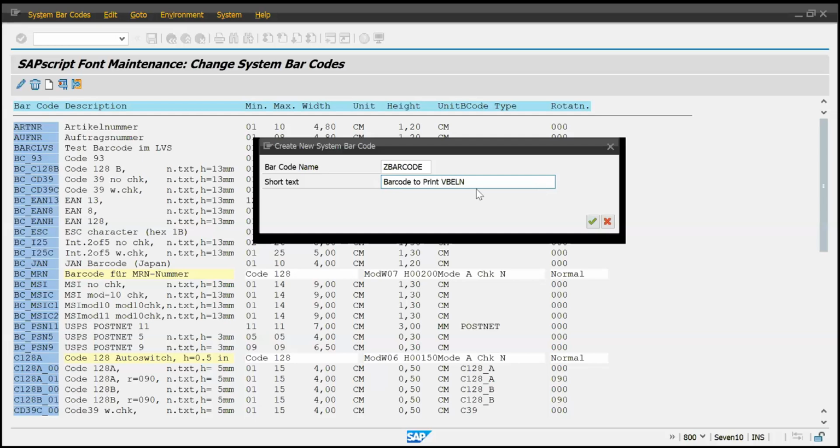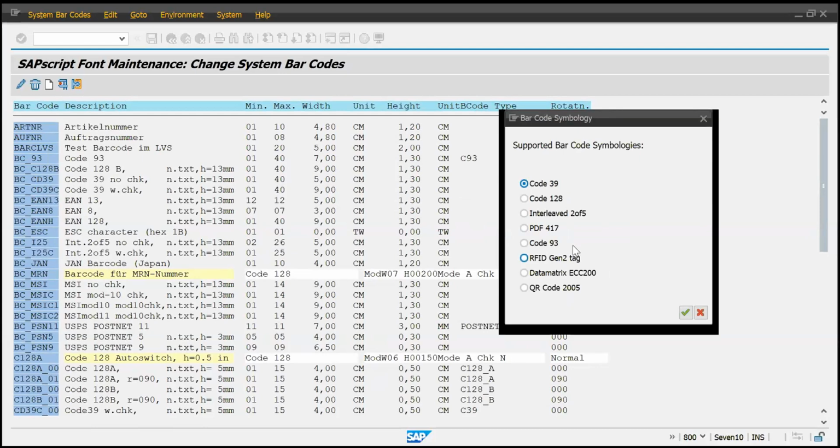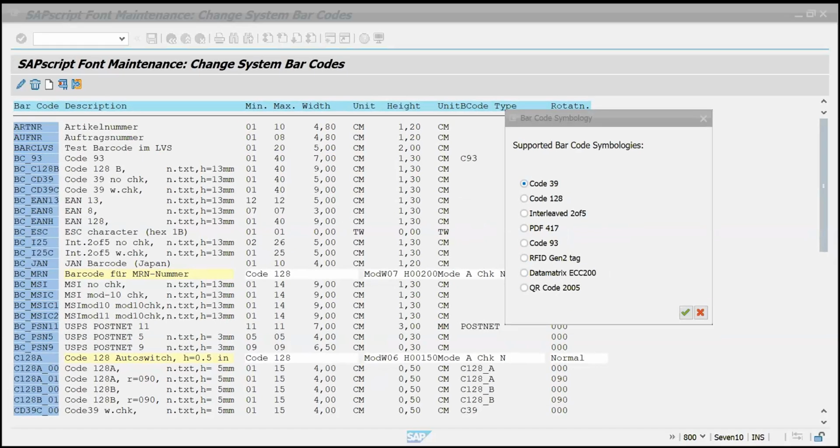So we'll print the VBLN number in the header, and that will be printing in the smartphone. Now, guys, if you see here, there are options available. What are you going to create? Are you going to create a QR code or a barcode over here? You have to decide that here itself. Accordingly, we can create the barcode or